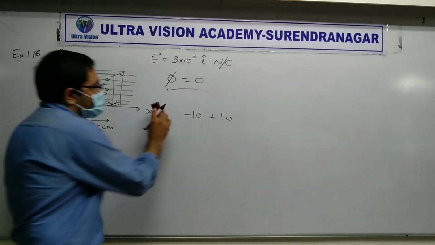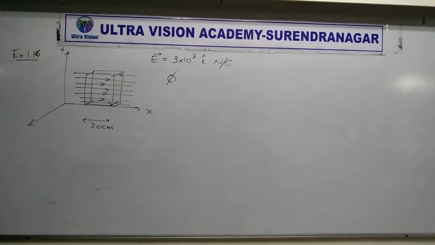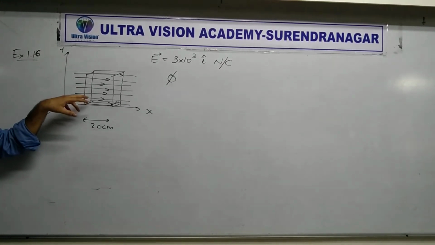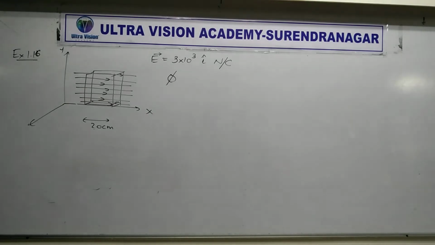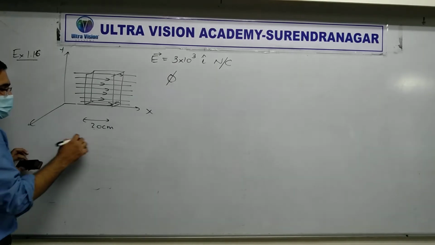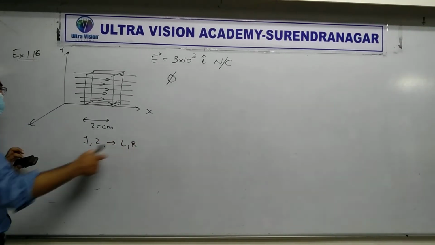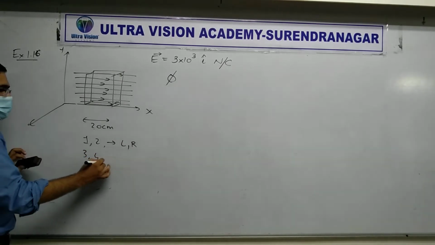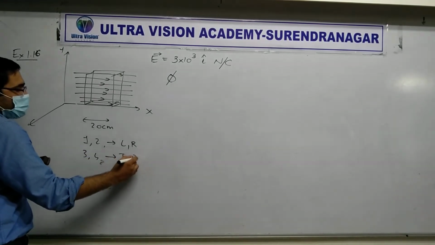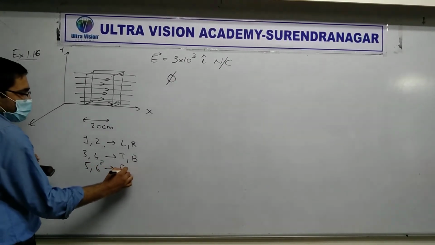Let's prove it. Now here, what we have is a complicated surface, right? It's not flat. The whole room is not flat, but we can say that this room is made up of 6 flat surfaces. Yes or no? Okay, let's start. So let's start labeling them actually. 1, 2. So they are on left and right. L for left, R for right. 3, 4, let's say for top and bottom. Did you understand? 5 and 6 for front and back.